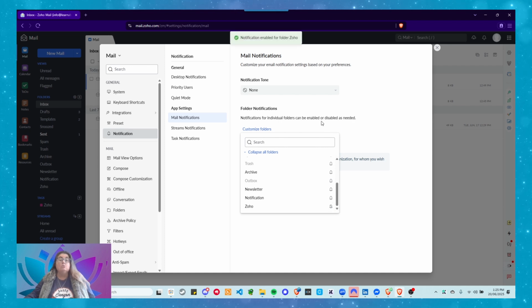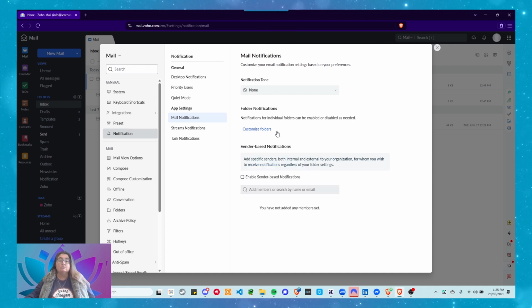It depends. You can actually customize your folders as to who gets notifications and who doesn't. Add specific senders, both internal and external, for whom you wish to receive notifications regardless of your folder. So if you've got a folder muted, but you know that someone's emails might end up in that folder, you can actually set that up here to say, no, whenever this person sends me an email, I'm going to